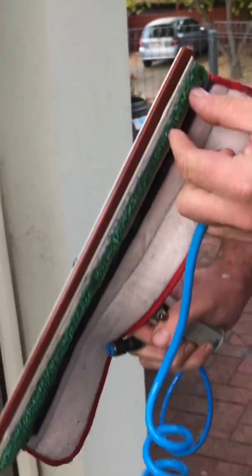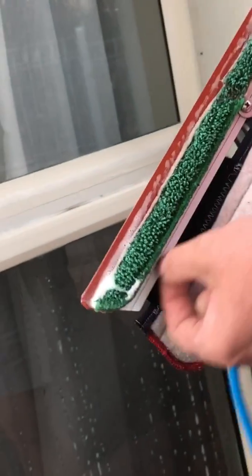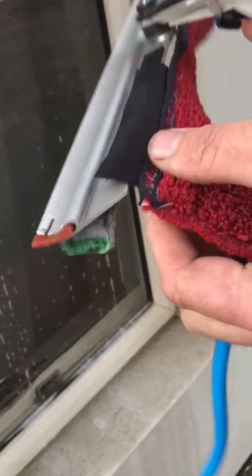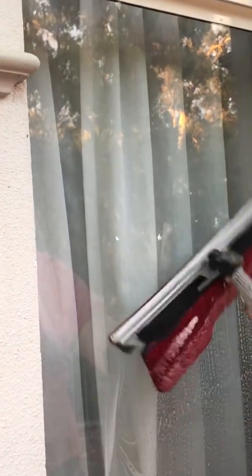This is a good alternative if you've got some old pads that are reasonably thick. The old thick green pads tend to give good contact with the glass, so it becomes a one-pass tool. But what I was finding is that with the pad clipped on with the plastic clips, closing out on deep frames was an issue. So I put some 3M dual lock on this side, and a homemade pad with a soft Velcro tab to go onto the dual lock, and it flicks very nicely, but doesn't get in the way of closing out as well. So I've chosen the worst window to demonstrate this on, but as you can see, even